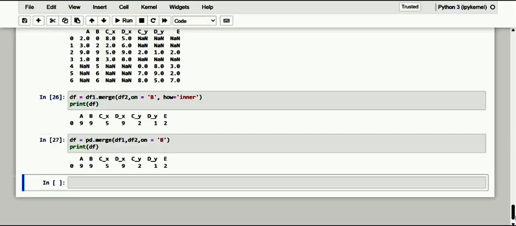Dear friends, in this session we have just discussed the case of append and concat. The resulting data frame will contain all the rows of columns from both data frames. However, in the case of merge, the resulting data frame will contain only the rows that have matching values in the specified columns or indices.